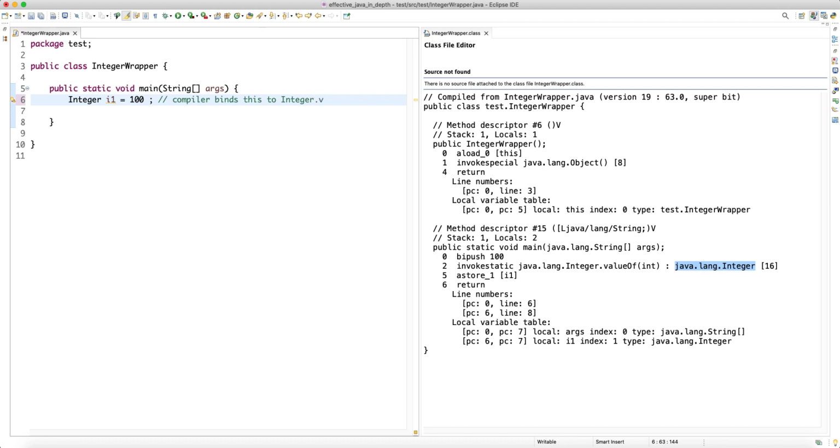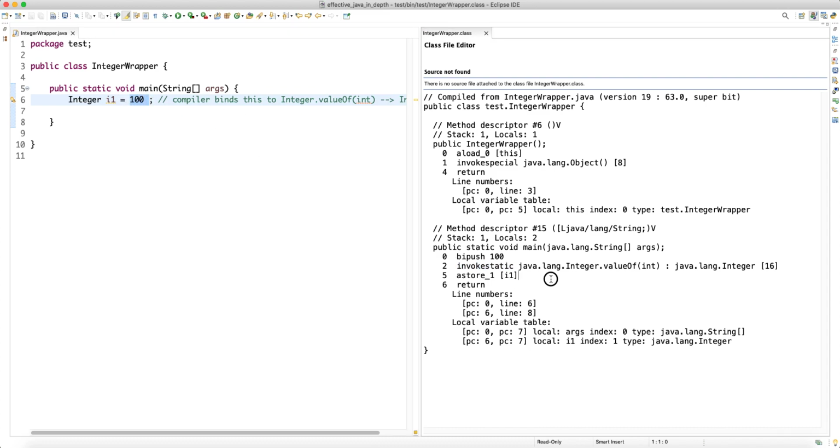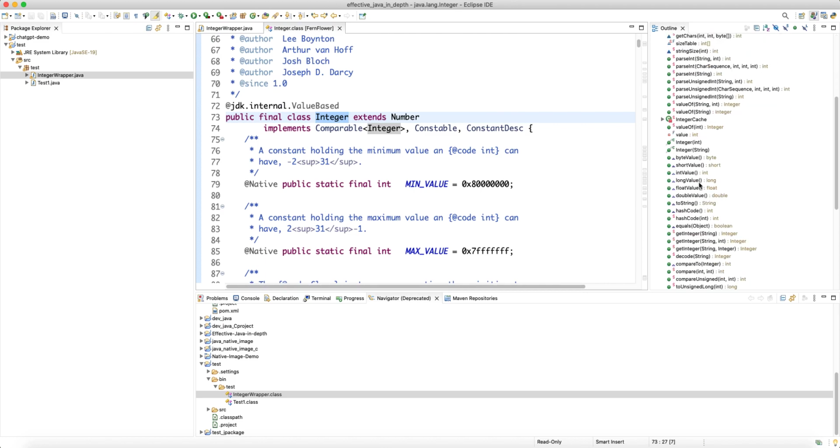Basically, it's the Integer.valueOf method that takes an int and returns an Integer class, right? So what happens here is that it doesn't call the constructor of Integer, because calling the constructor is the bytecode instruction invokespecial, and the special method is init, but here we're not calling the constructor. It just calls valueOf. So if we go inside, for example, the Integer class, we look at the valueOf method, you will see that